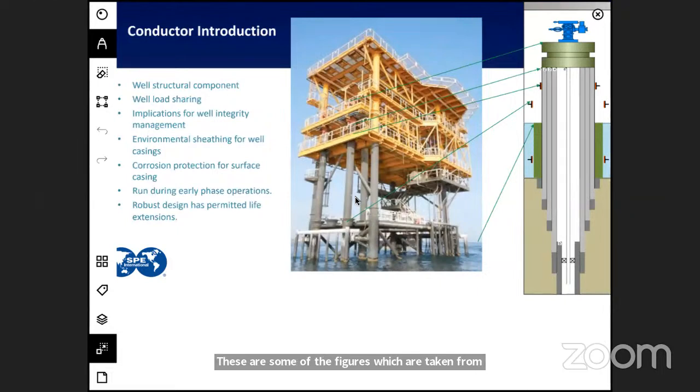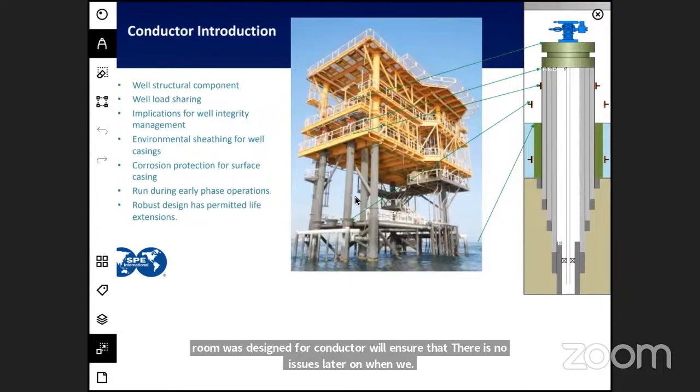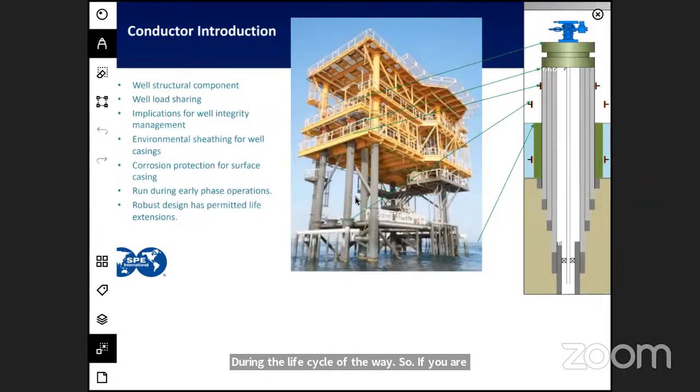So the conductor is a well structural component. It shares the load of the inner casings. It has major implications for well integrity. It provides an environmental sheathing for the inner casings, and it is the first pipe which should go into the well. A robust design for the conductor will ensure that there are no issues later on during the life cycle of the well. So if you are not much aware of offshore wells, if you have not seen one,